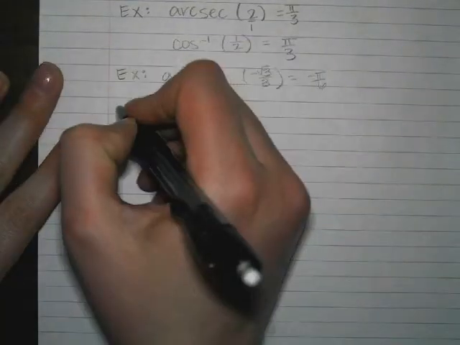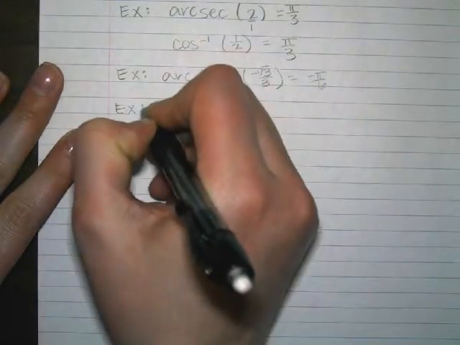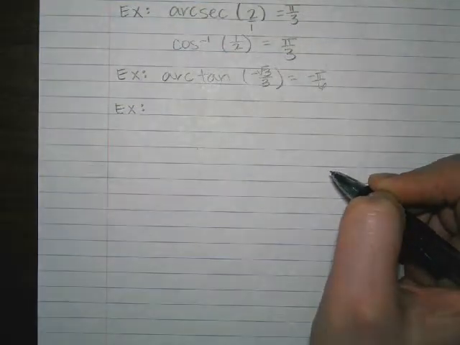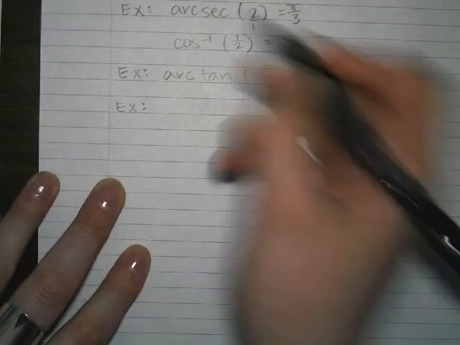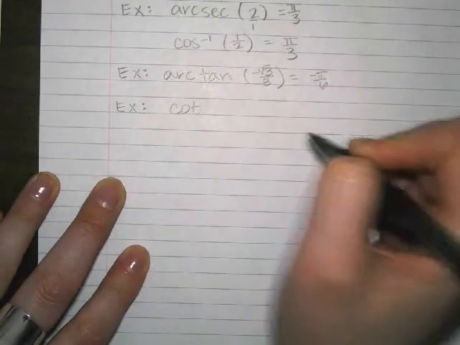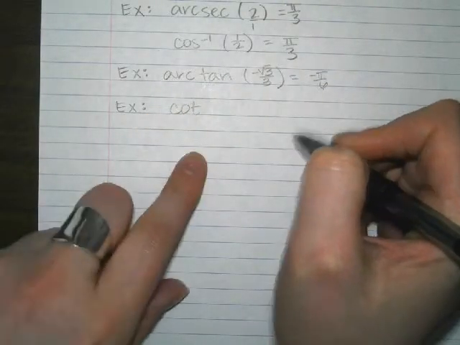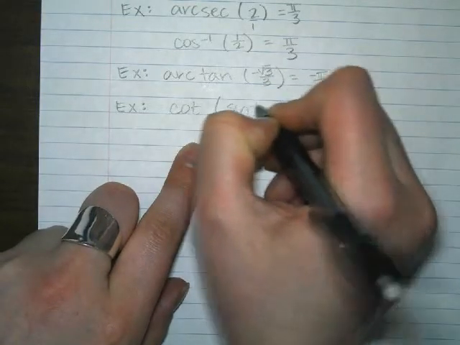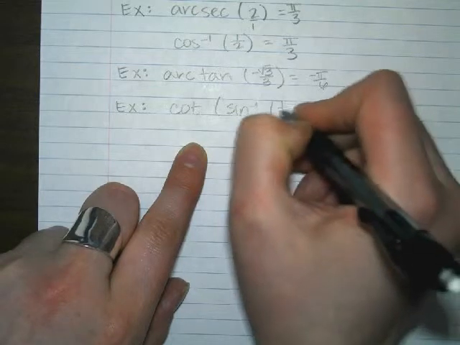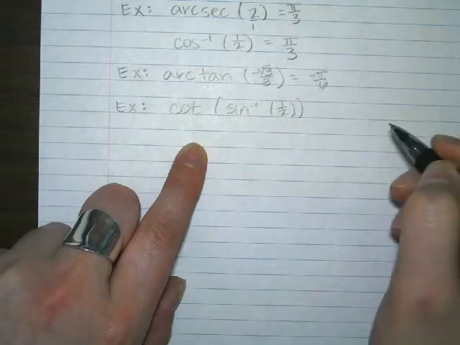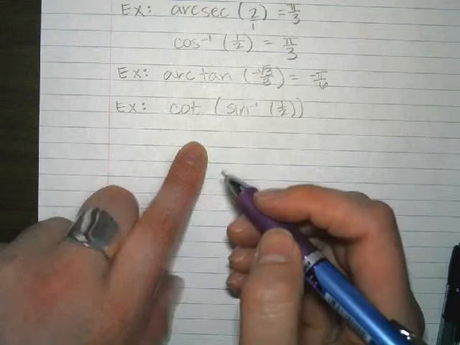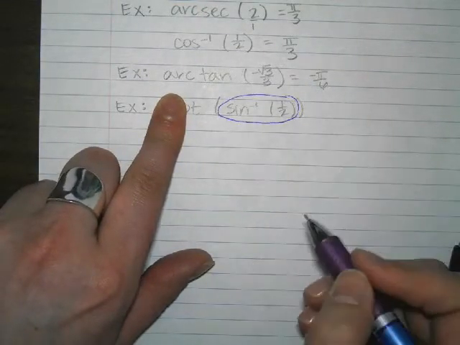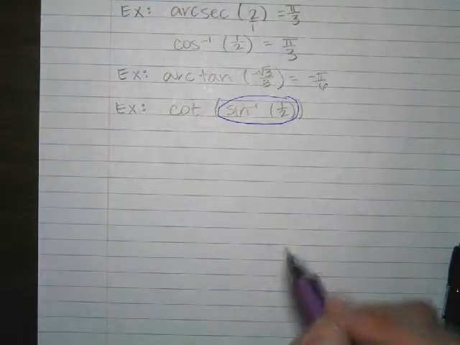Okay, so our next example, these are going to be like the first couple problems on the back side of the page. If you look there, you're going to see that they have what's called a composition, where they have 2. So this first example is cotangent of sine inverse of 1/2. What you're going to do first is ignore the outside. You're only going to look at the inside part. So sine inverse of 1/2